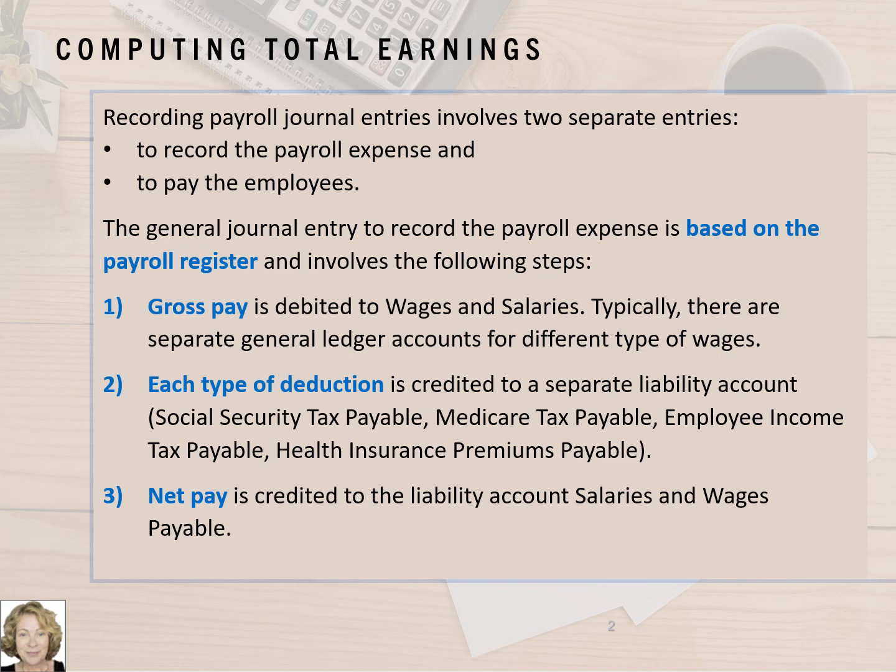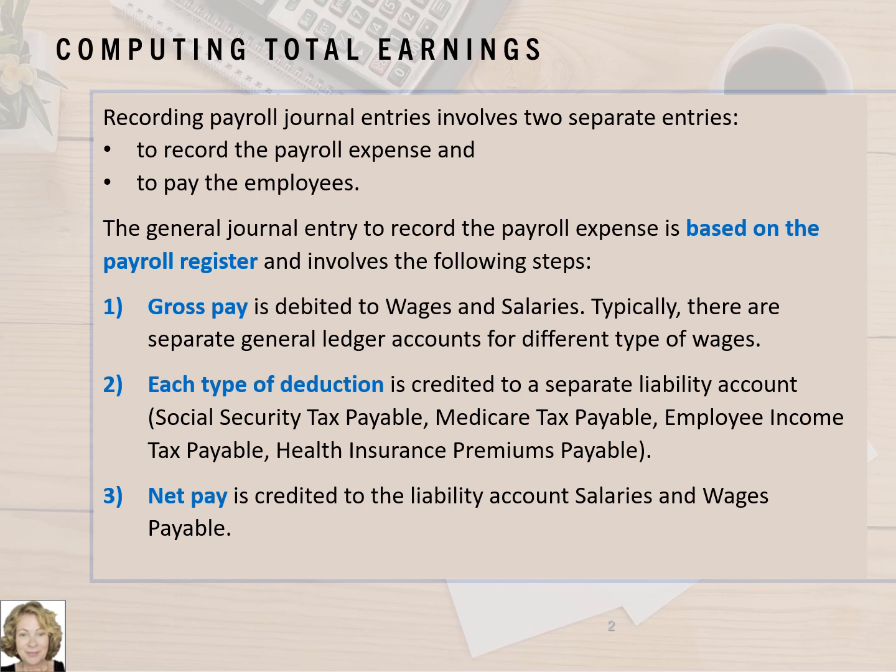Recording payroll journal entries involves two separate entries. One to record the payroll expense from the payroll register, and another entry to record the cash payment to the employees. The general journal entry to record the payroll expense is based on the payroll register, and it involves the following